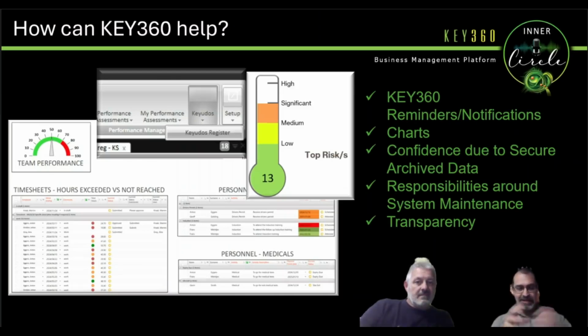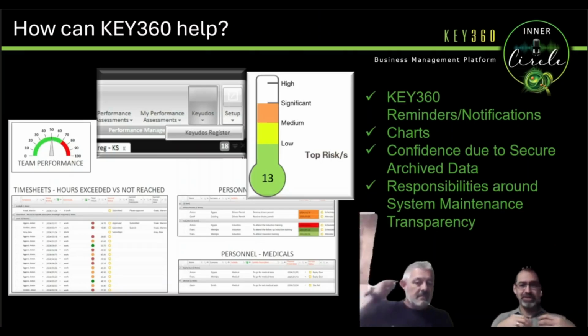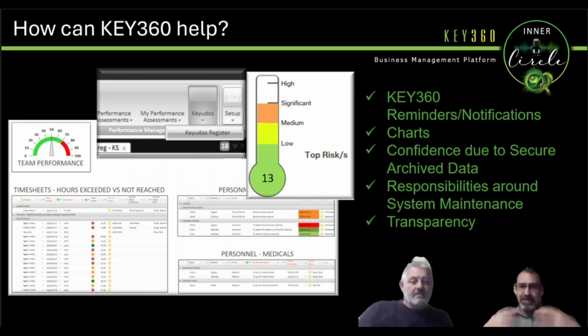Apologies, just the different colors there give you a good idea of: are we in the green? Are we orange? Are we red? Are we yellow? And according to our model, again, the different models that you may have for risk management or for personnel management, or for anything that you may have, can be integrated into KEY360 here. Again, the versatility, that's so great. So yes, monitoring anything from your medicals to your actual career path, as you may think of.